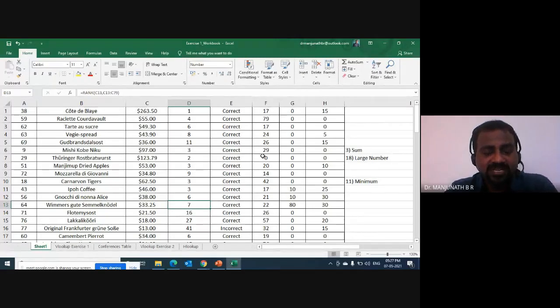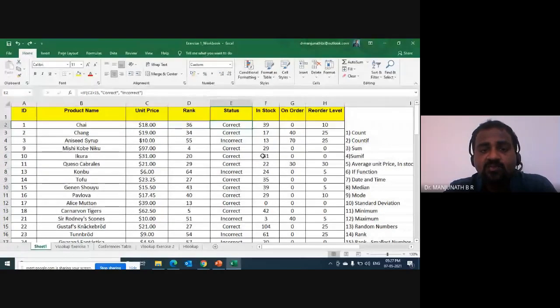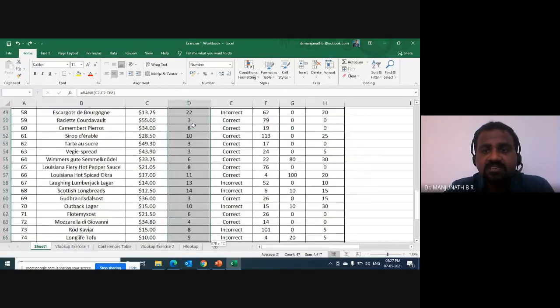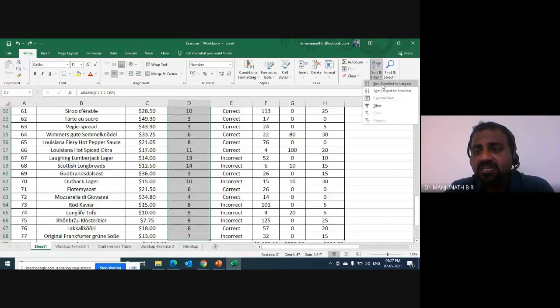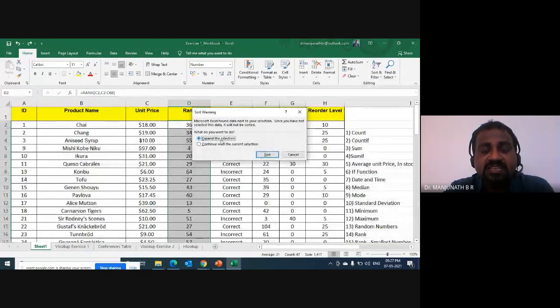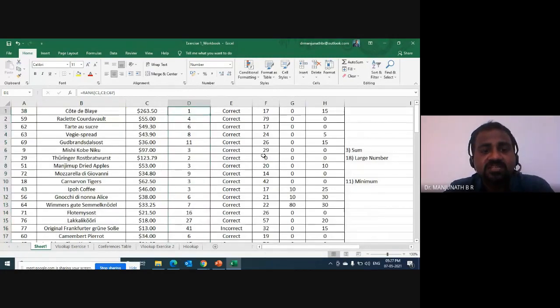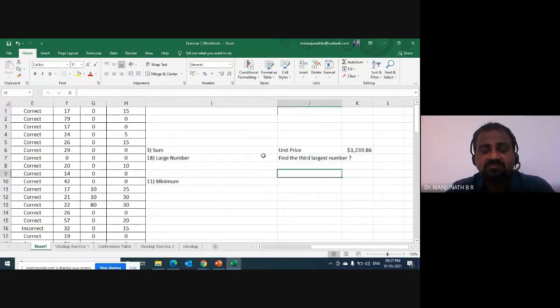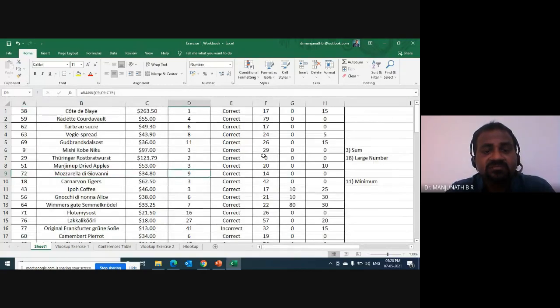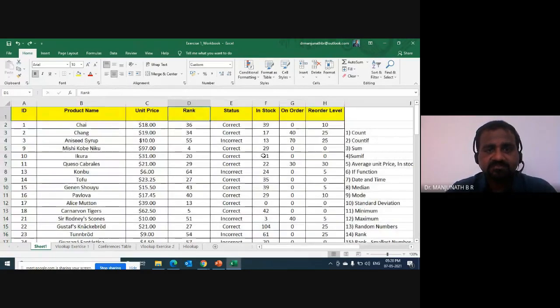No. Now I'll do the control Z. Come on, you also do the control Z. Control Z, which means that when we did a sort, we said expand the selection. If you see here, I'll show you. Please see my screen now. Sort smallest to largest. Expand the selection. If I say expand the selection, everything gets disturbed. And that is the reason you can see here, everything got jumbled. Everything got jumbled. I'll do control Z again. When you're working on your file, you should be very careful.